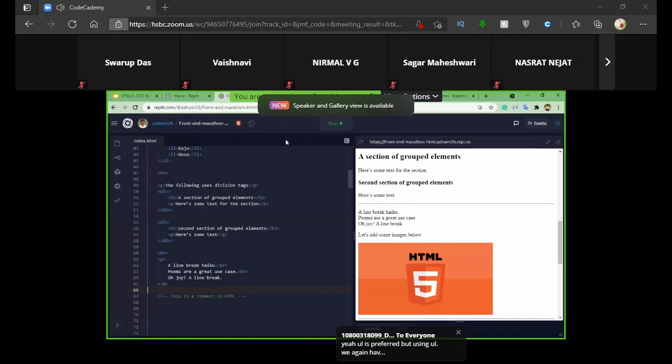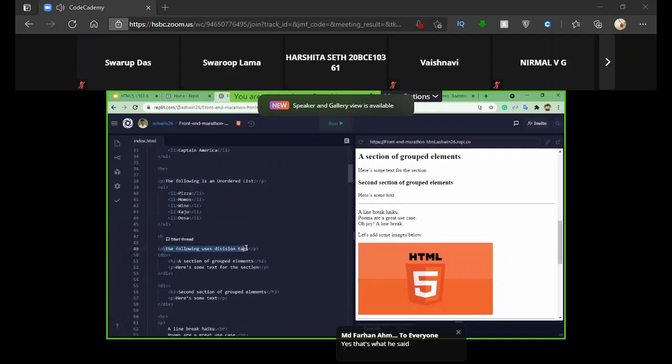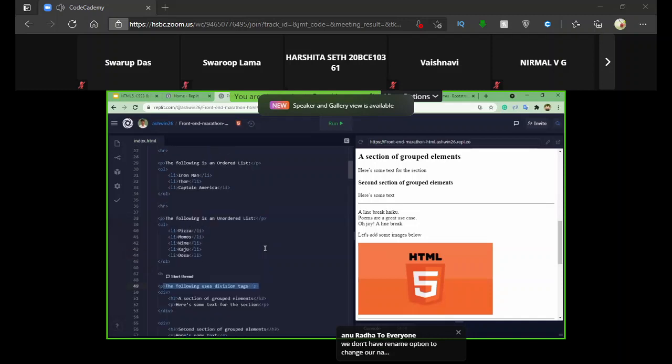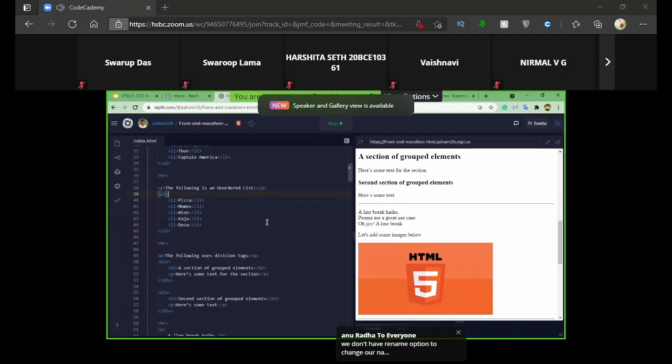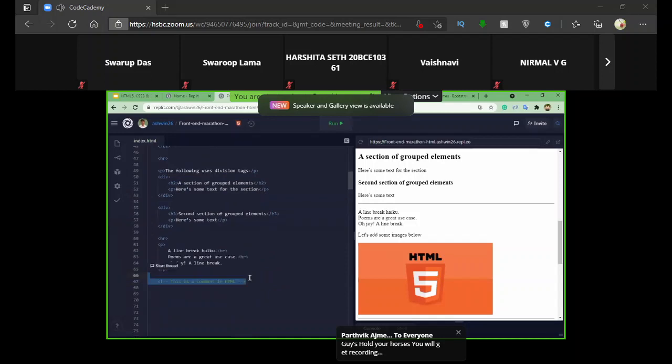As you can see over here, I have added a lot of comments, like the following uses division tags, the following are not a list. These are nothing but comments that I used in my code so that I can understand what I'm doing.